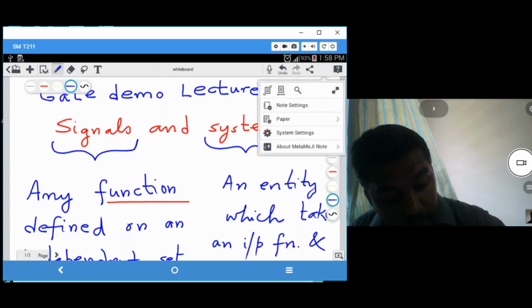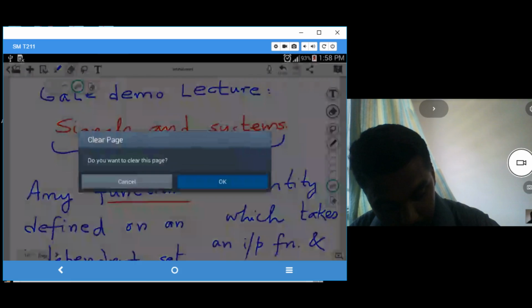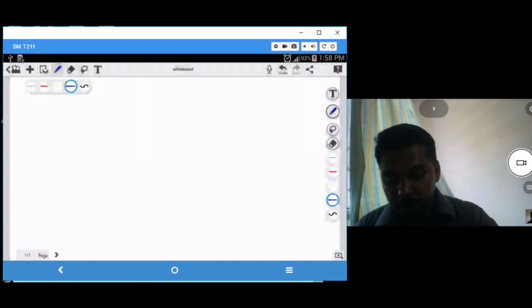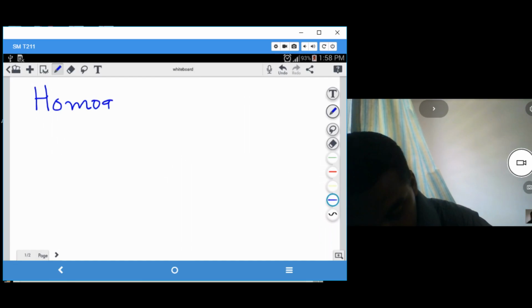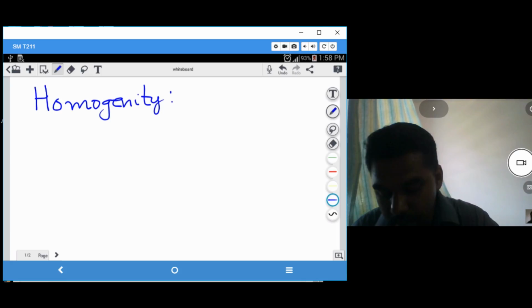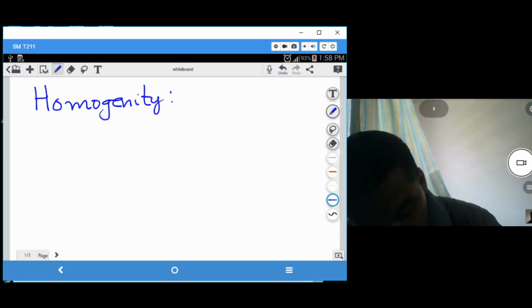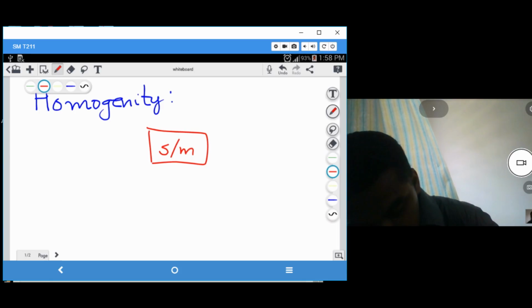Now, is that it for the definition of linearity? No. We require one more aspect to define the linearity of the system, which is termed the homogeneity property. So what is homogeneity? It is somewhat related to the amplifier system that we had considered. So in the system block diagram, we have